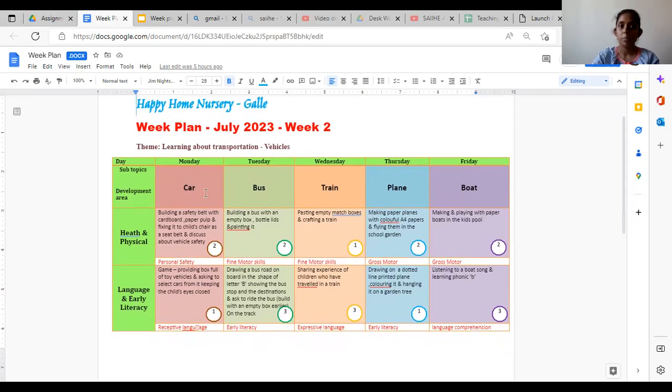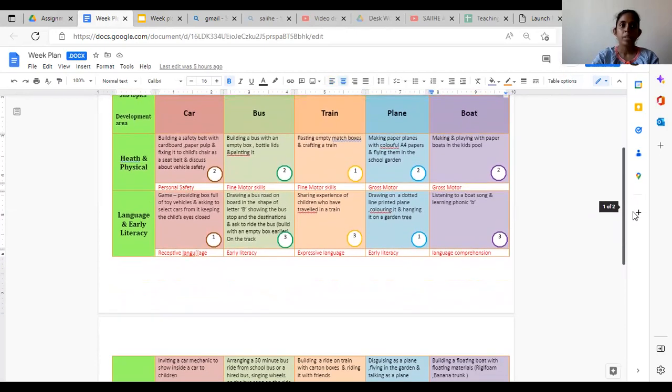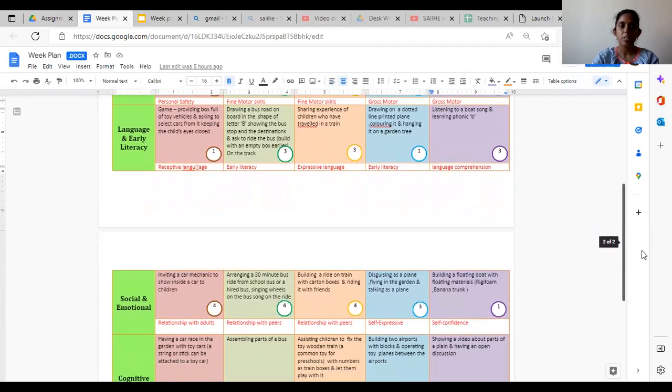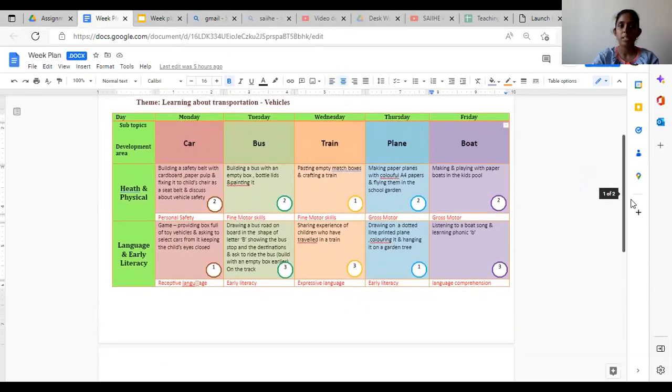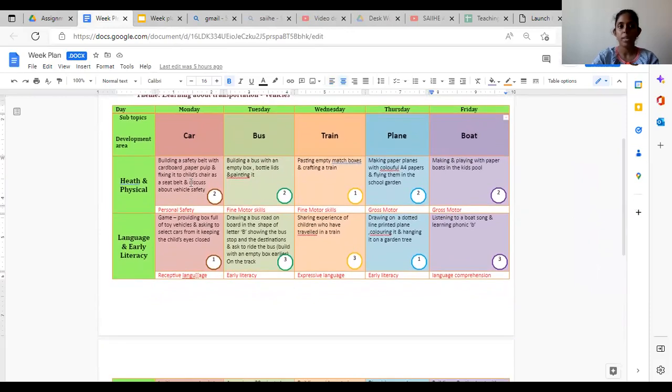For Monday, the theme is cars. Tuesday, it's bus. Wednesday, it's train. For Thursday, it's plane. And for Friday, it's boat. And for every day, I'm covering all the 4 domains: health and physical, language and early literacy, social and emotional, and cognitive. So I have made sure that I cover all these 4 aspects in each day, but covering different specific aspects. So if we look at Monday,